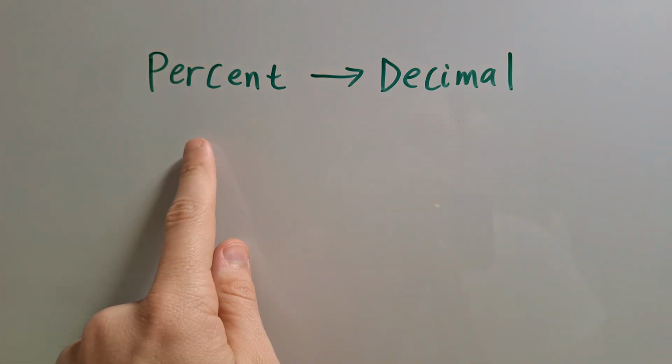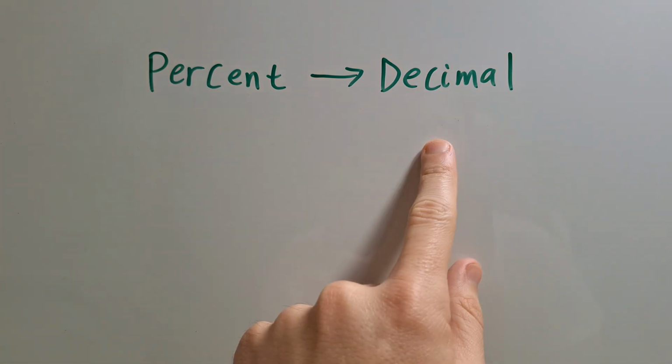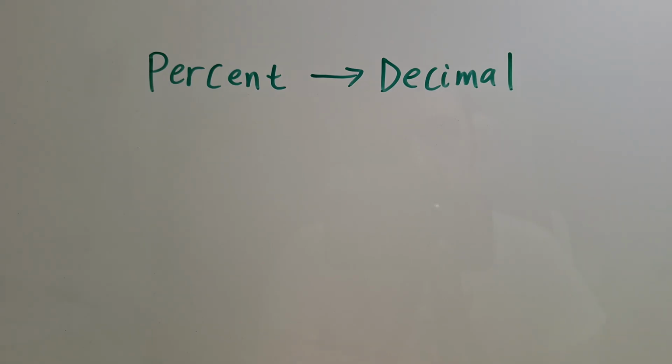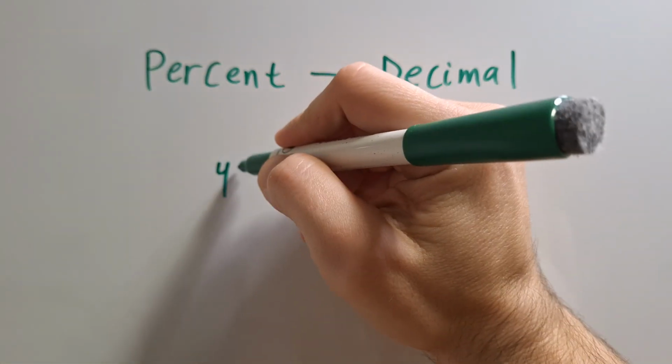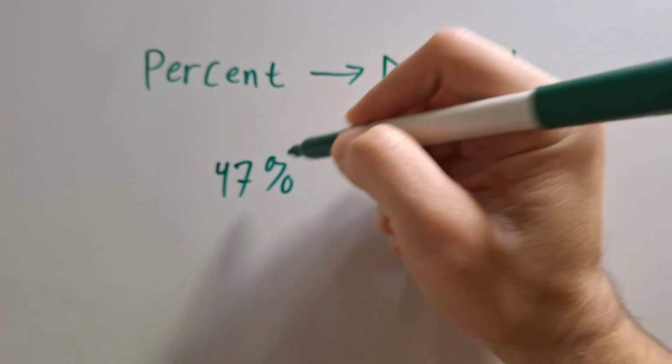The first conversion we will do here is from percent to decimal. We'll do the other way around later on in this video. To write a percent as a decimal, you're going to drop the percent symbol and divide by 100. There is another approach to this to make it a little bit easier on ourselves, and I'll show you that